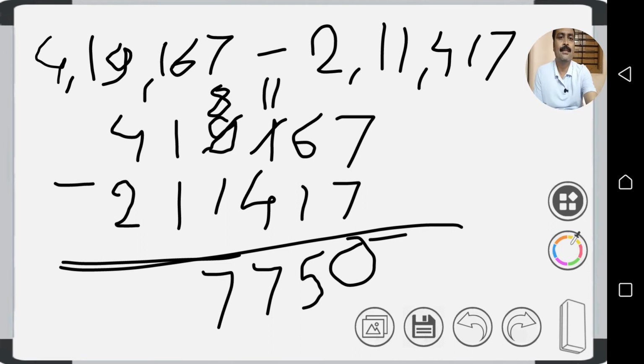Now 1 minus 1, that is 0, and 4 minus 2, that is 2. So final answer we get here 2,07,750. Look at the vertical arrangement into the answer as well as above number, all digits coming one below each other at proper places here. After that again we take another example, that is a serial number 4th example in this slide here. Let's take in this way,